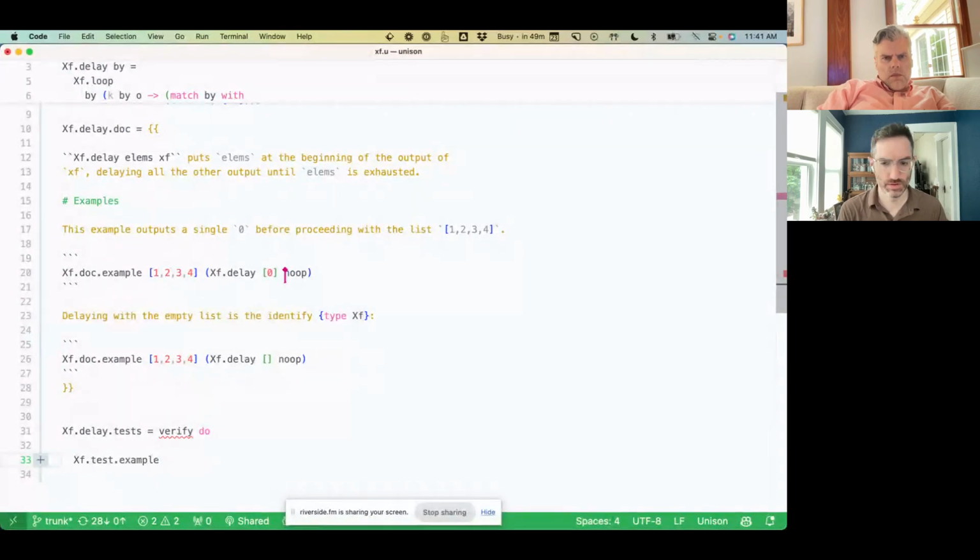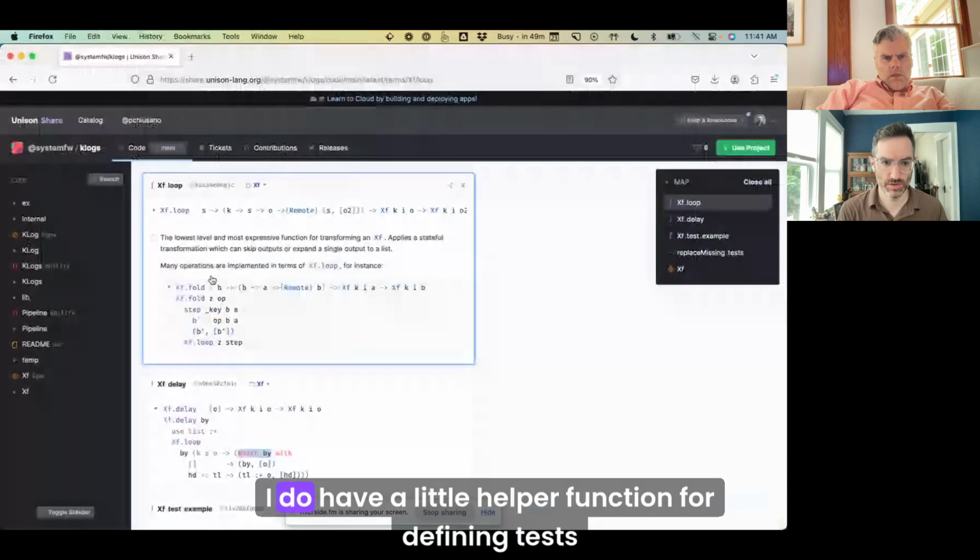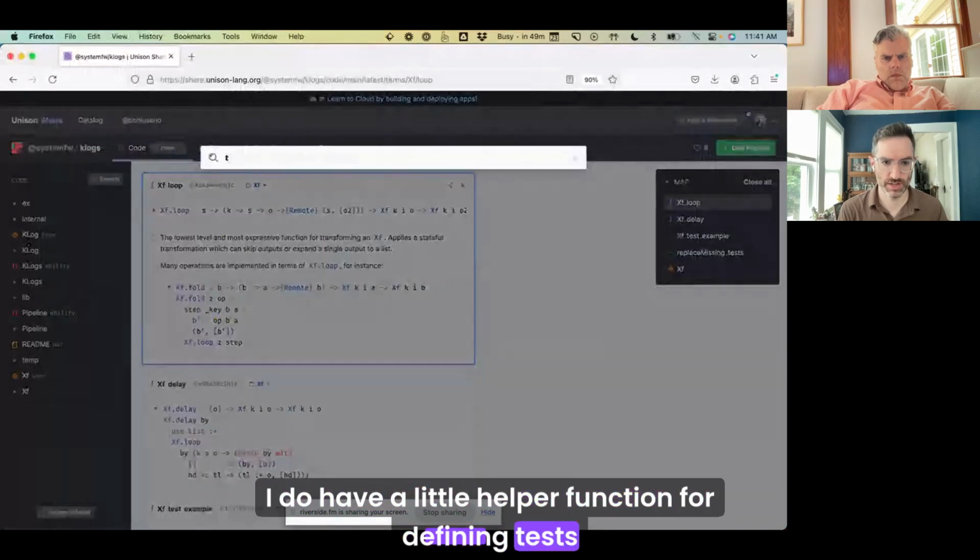Let's see. I do have a little helper function for defining tests too.